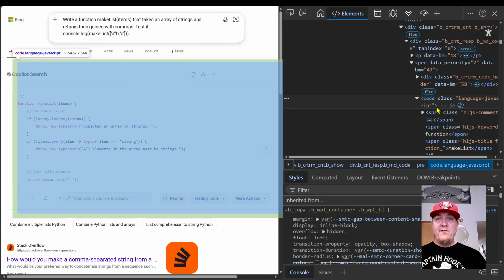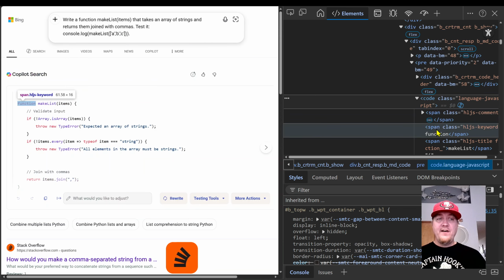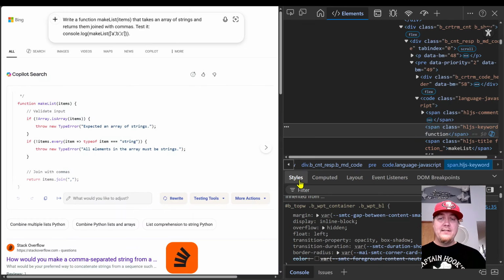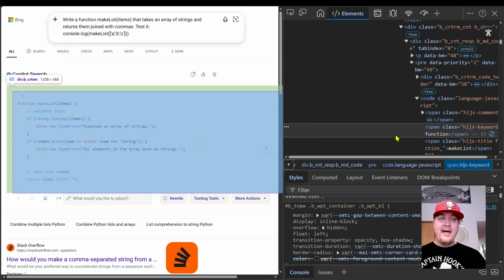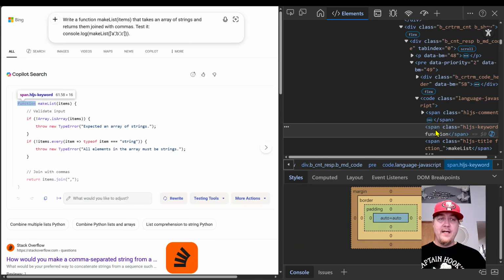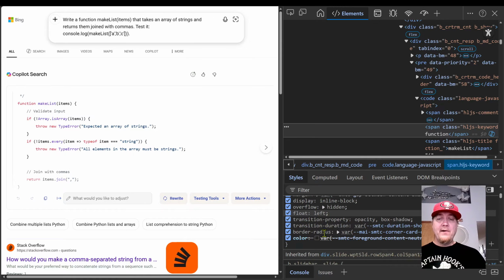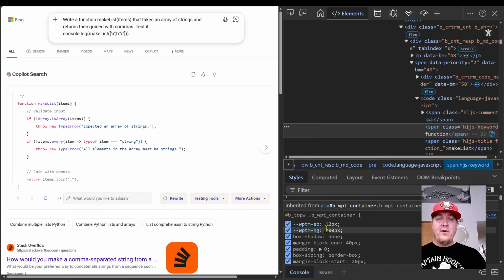But we're looking for, let's find, okay, the word function is in this one. So now let's look at the style. We've clicked on that span that has the function word in it. See how it's highlighted on the left there? It's really small for you, so I want to make it bigger. So let's find where that code is. Right now it's set at 12 pixels. So if I were to just come in here just to see what it would look like at 40 pixels,